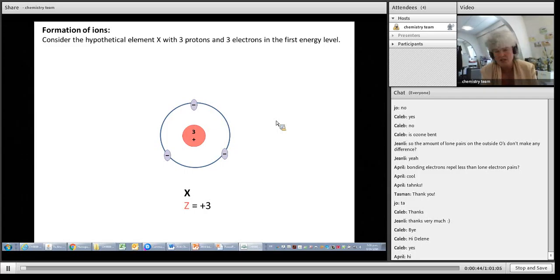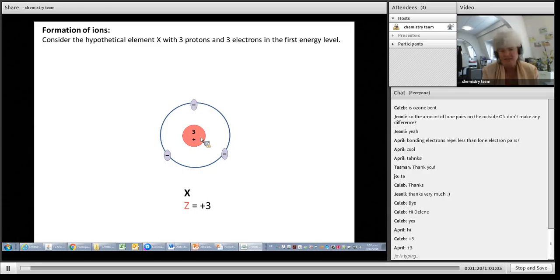We obviously don't get an element that has 3 protons with 3 electrons all in the same energy level. I've just made it like this simply because I didn't want to change shell sizes, and I didn't want to have the problem of full energy levels or not. So we've got this hypothetical element, call it X, right? What is the nuclear charge on this element? If it has 3 protons,